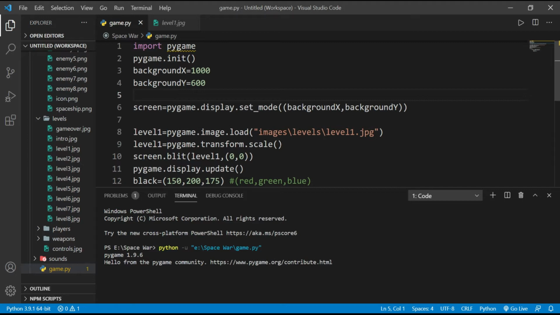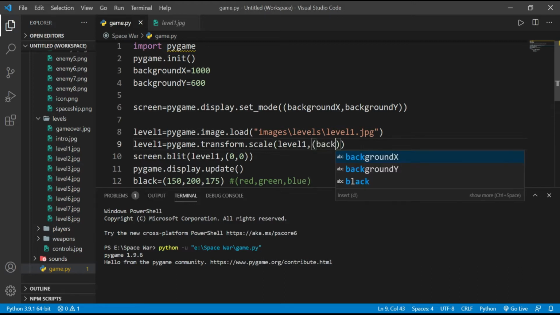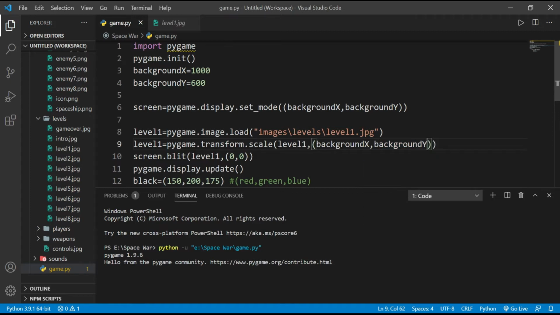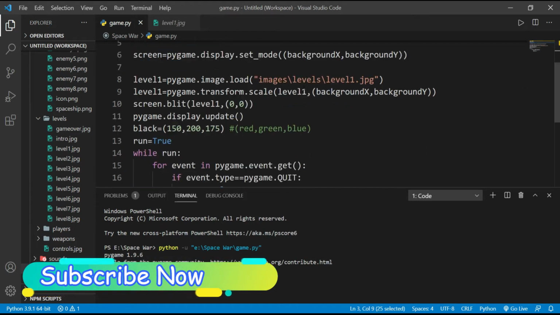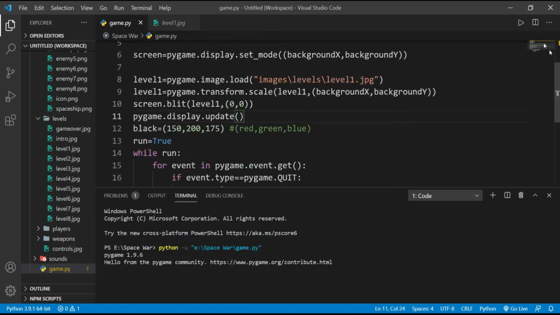And now here I will write level1 and then here you have to write the size which you want, since the background image size must be the same as the size of the screen. So we'll write background x and background y, which is 1000 on the x-axis and 600 on the y-axis.